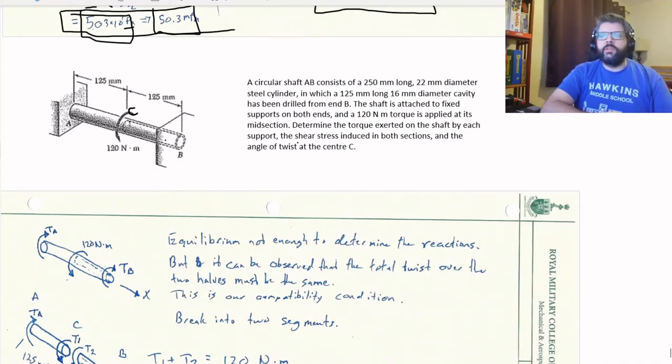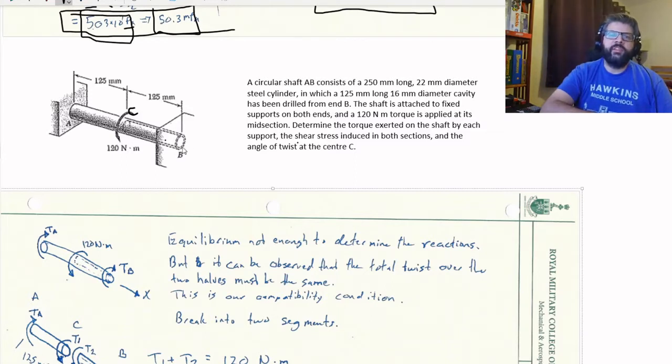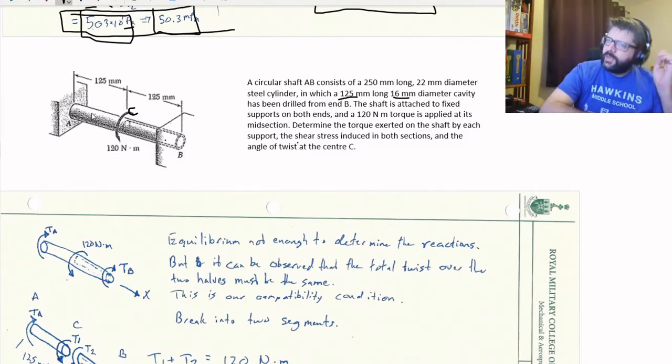Okay, next up, let's do an indeterminate example. So I've got this circular shaft here, and it has been mounted between these two walls at A and B. And not only that, but it also has a hole drilled in it from one side. So from the B side, it's got a cavity. That cavity is 120 millimeters long and 16 millimeters in diameter, whereas the shaft itself is 250 long and 22 millimeters in diameter. It's steel,